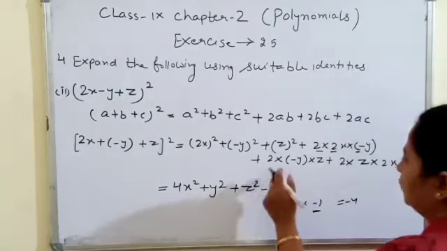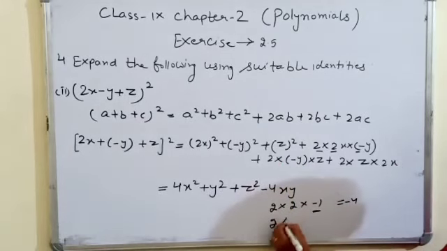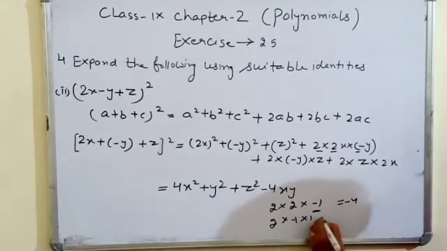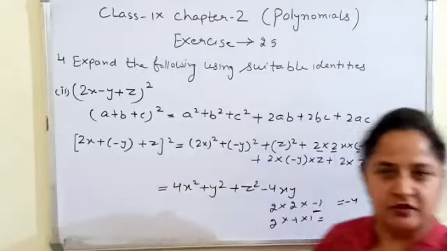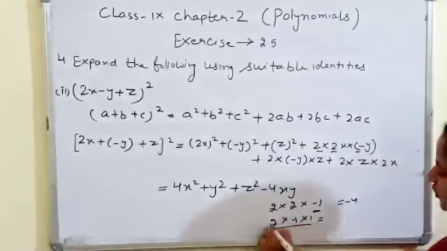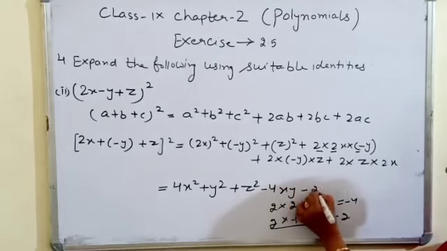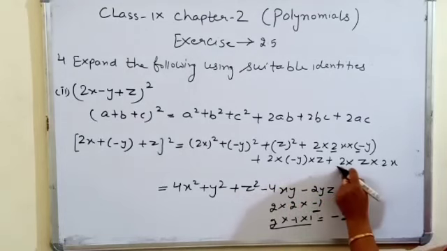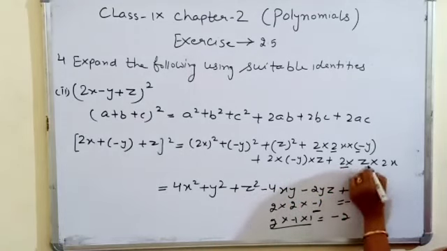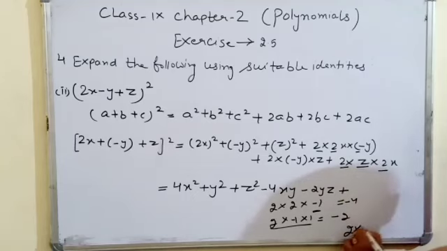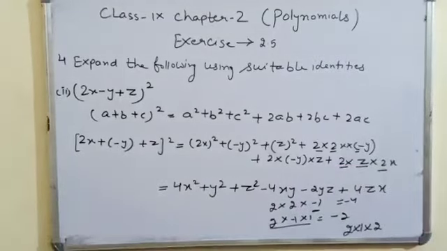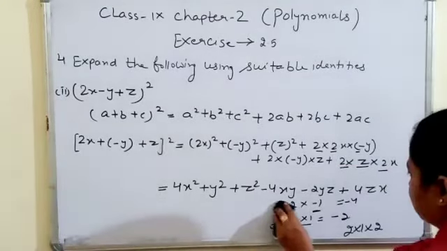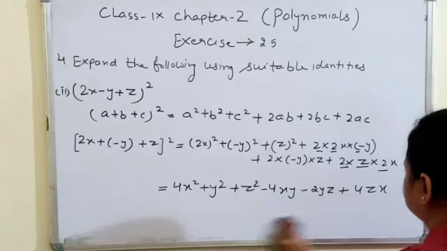Similarly for the next term you can see 2, minus 1 and plus 1. So what is the result? Same here. One term is having the negative sign. So the result for this product is minus 2yz. For the last one, 2 plus 1 plus 2. Obviously this is plus 4zx. Now this was the result for the second part.